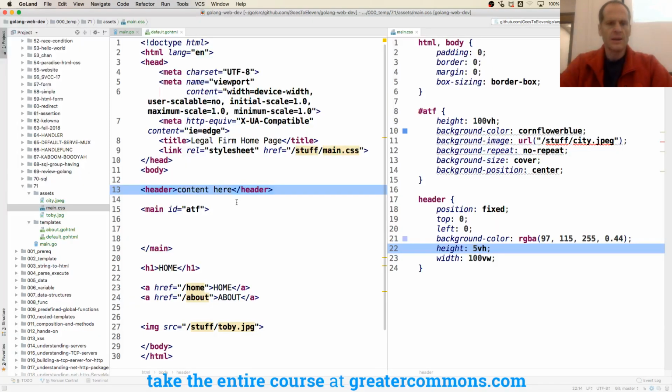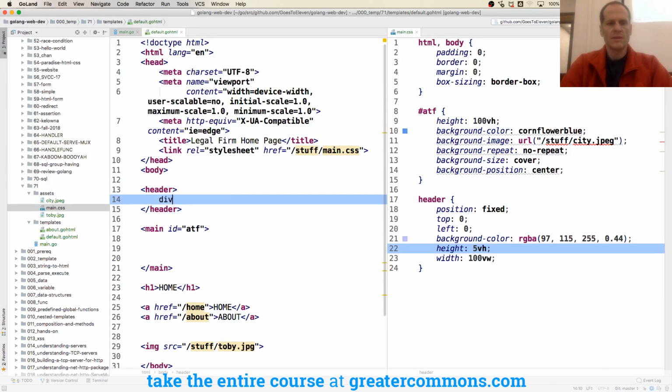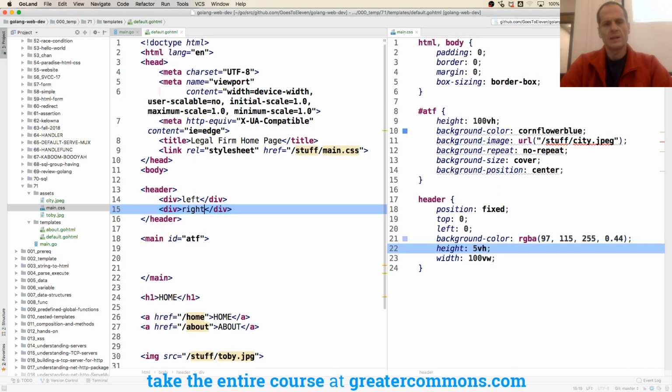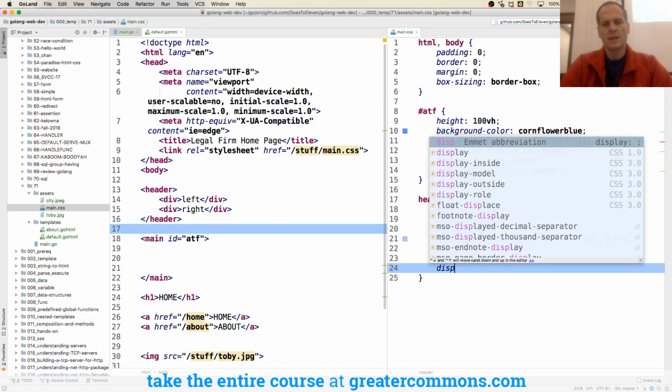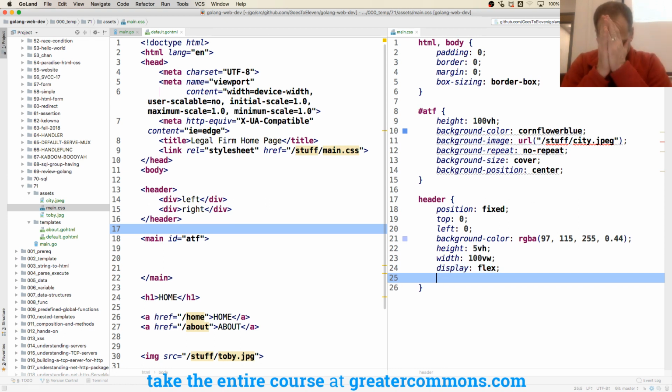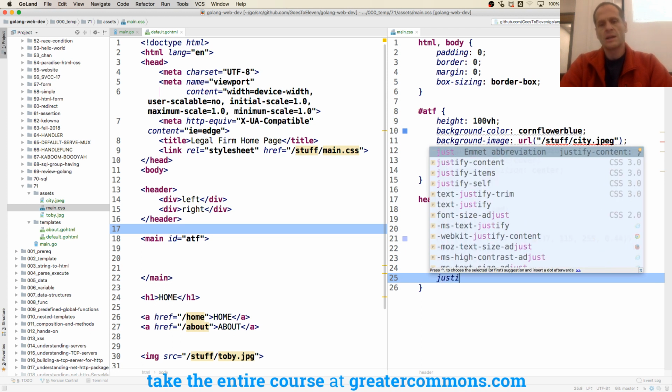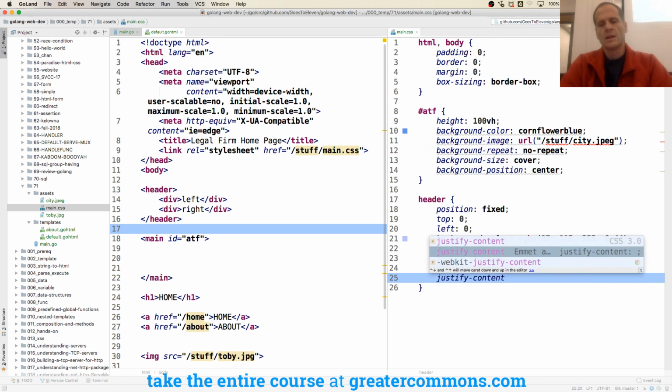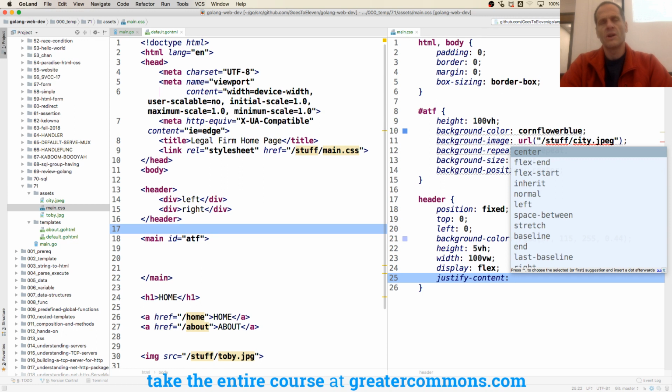And then inside here, we could have div left, div right. So this would be the stuff on the left and right. And then that header, we could do display flex. And we got the flexbox thing. And then everything becomes a flex child. And then we have justify content operates on the primary axis. So the default is